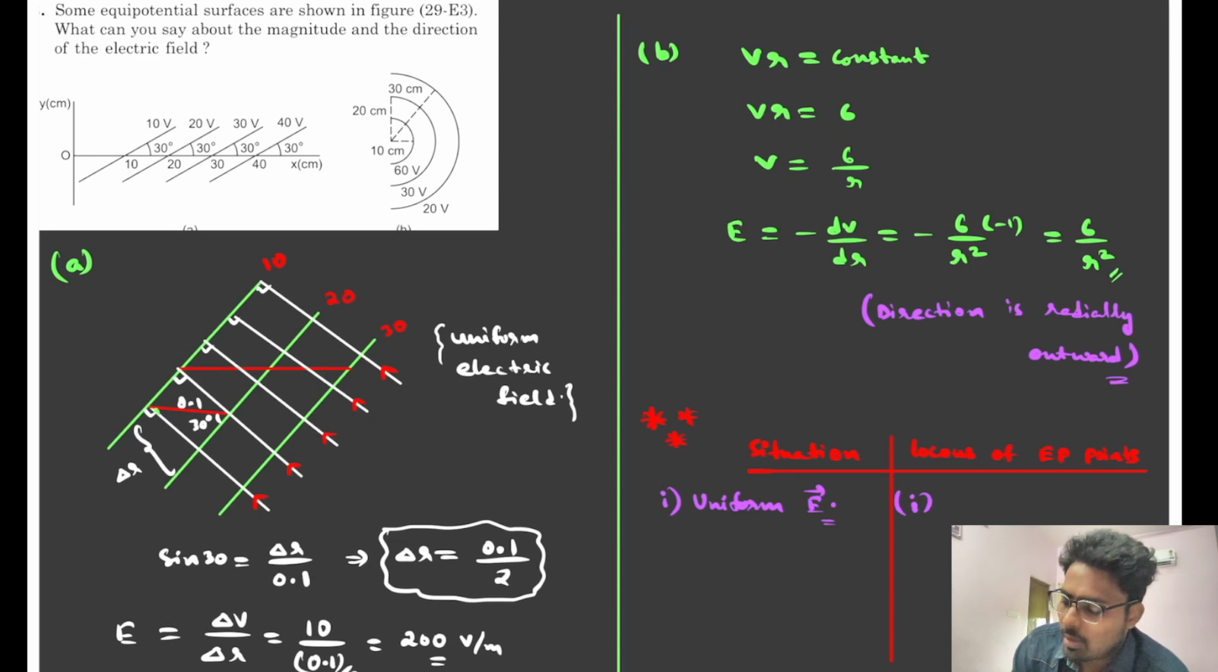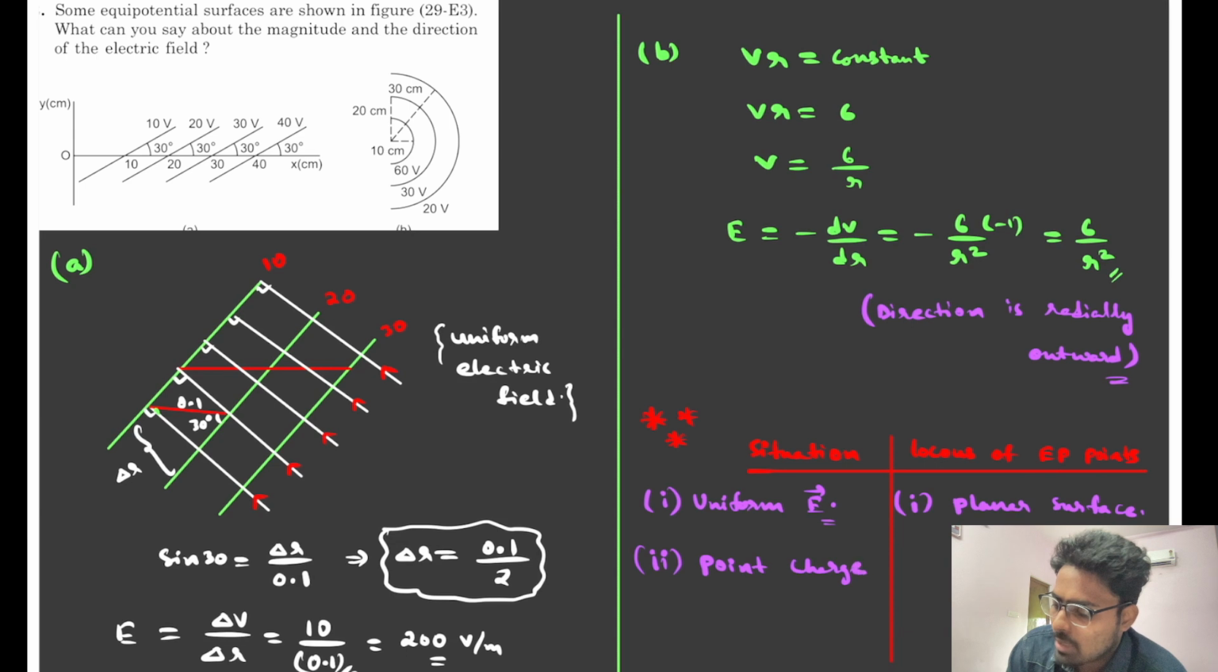When you take a uniform electric field, what type of equipotential surface are you going to get? Planar surface. And if the situation that is given is a point charge,